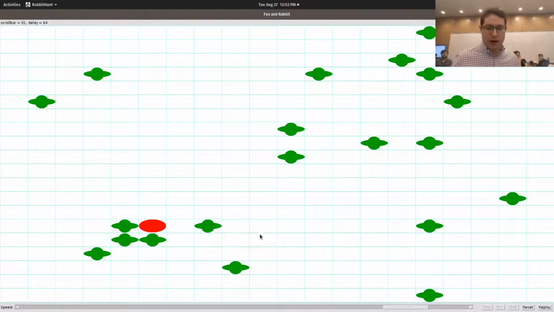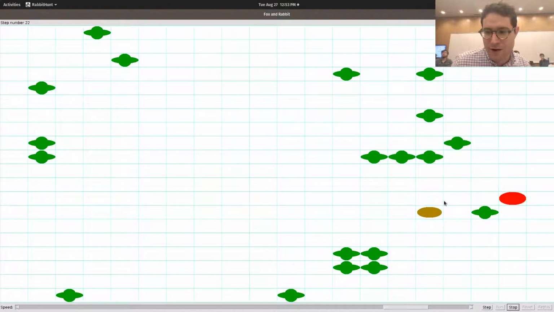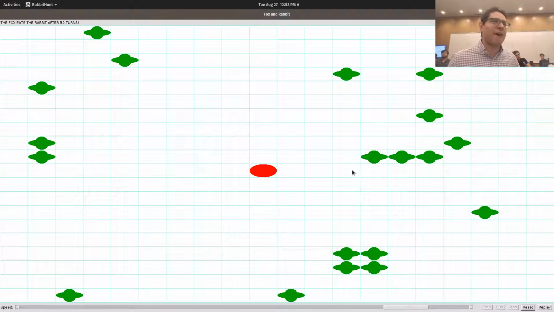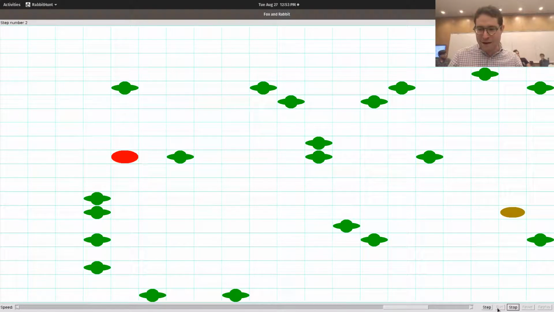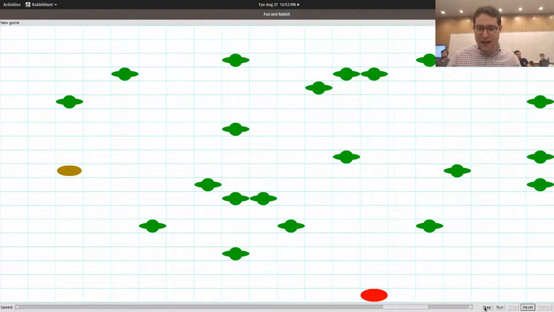So let's go ahead and take a look at the strategies. First off, the strategy for the rabbit is actually, you may notice, not that great. And this is because, as you'll see, the rabbit actually doesn't have one. What he does is that he just simply says, let me choose one of the squares around me randomly and try to move there. So if it looks like the rabbit's just moving at random, that's because that's exactly what the rabbit is doing. The fox, on the other hand, has a strategy that we'll see here.